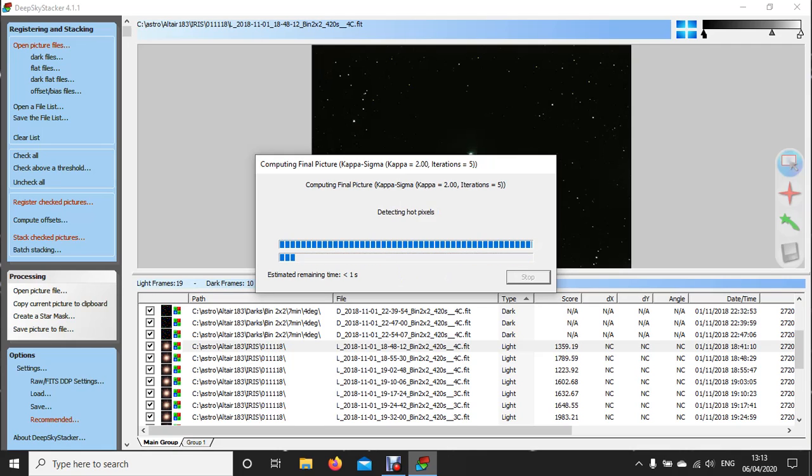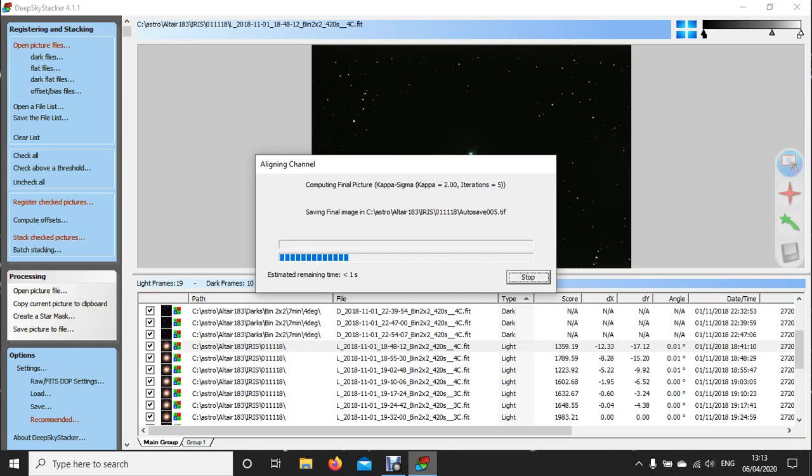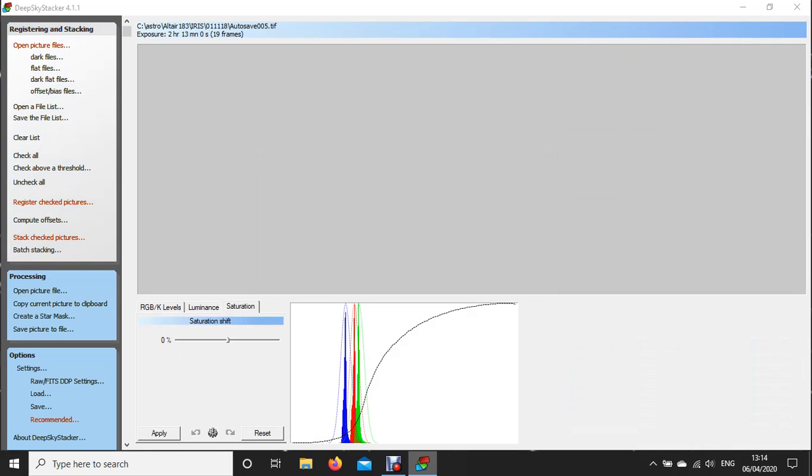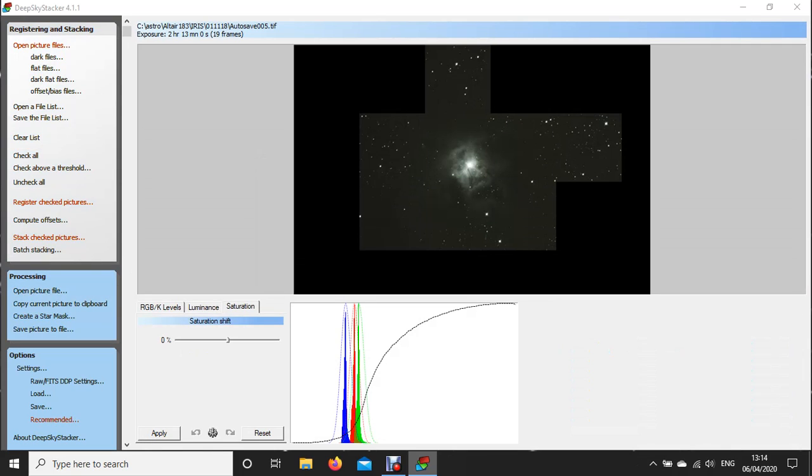Once it's computed the final picture, it will save it, and it will also load the picture into Deep Sky Stacker so you can see it. Here we are, computed. It's still aligning the channels now, as I told it. Now it's saving. The autosave says autosave 005 because, as you can expect, I've done this a few times. And here is the loaded picture of